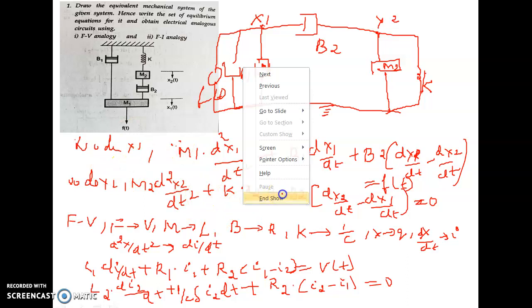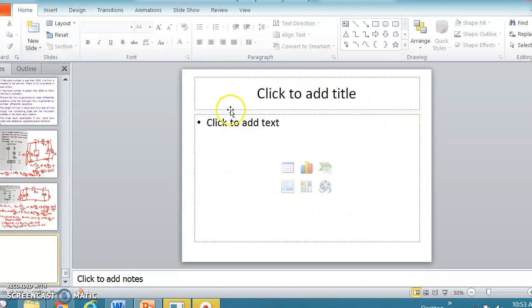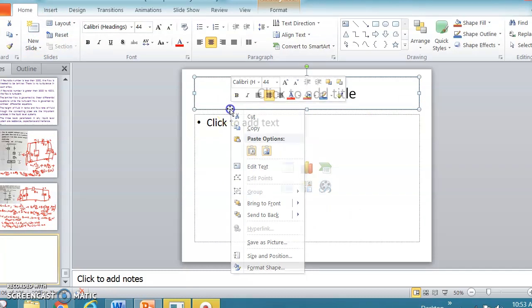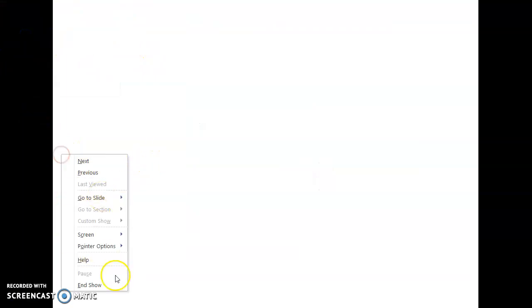So these are the two equivalent expressions, or the FE analogy expressions, for the given two mechanical expressions. Now, similarly, let us write the expressions in FI analogy. So for writing the FI analogy, what is the FI analogy? F is analogous to I, M is analogous to C, B is analogous to 1 by R, K is analogous to 1 by L,